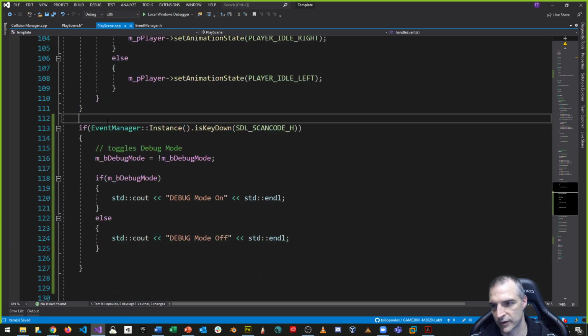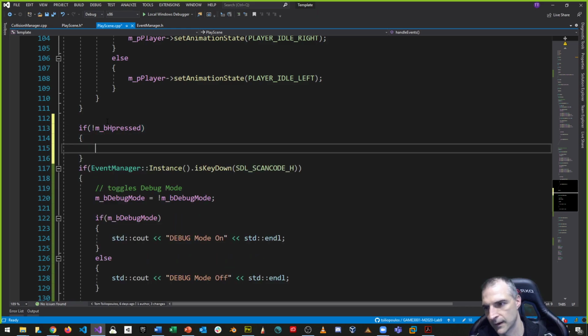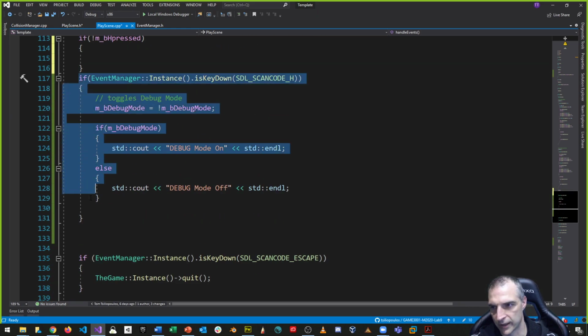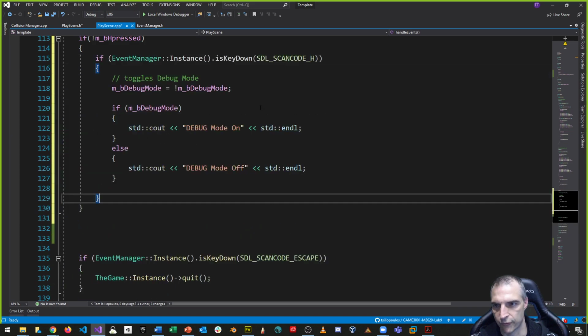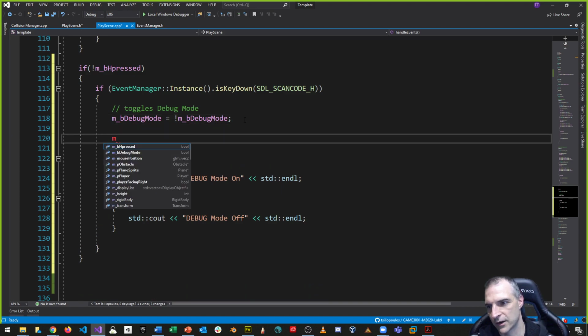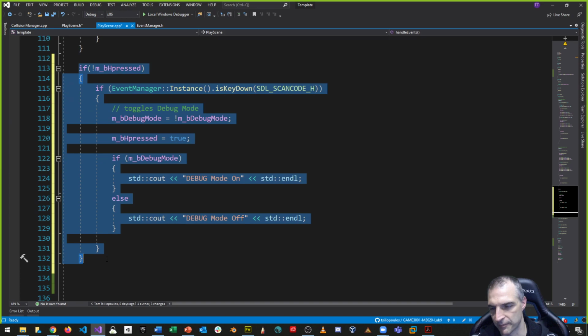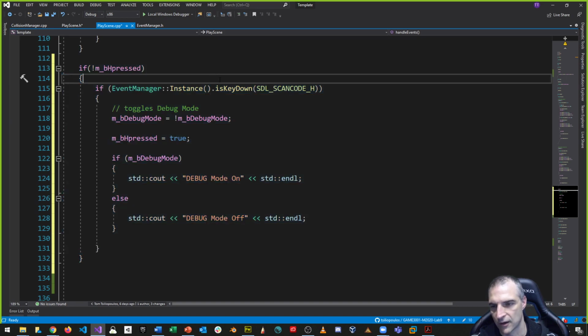So what that means is if not M_B H pressed, if it's not pressed already, then I want to listen for it being pressed. Okay? And if it's pressed, if I just started to press it, I want to say that M_B H pressed is equal to true. Now it's not false anymore, it's true, which means it'll skip this the next time. But I need a way of resetting this when I'm not pressing this, and of course we have the is key up event. So we're going to take this whole thing,